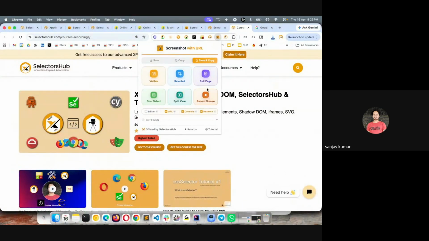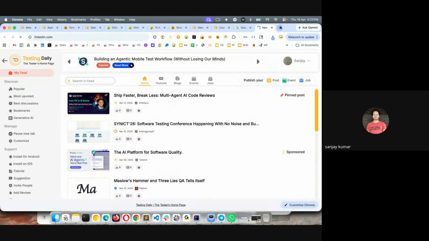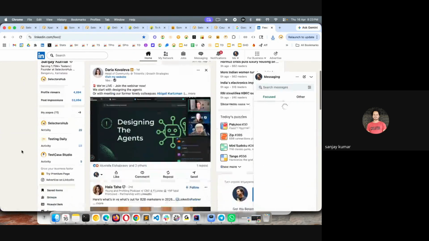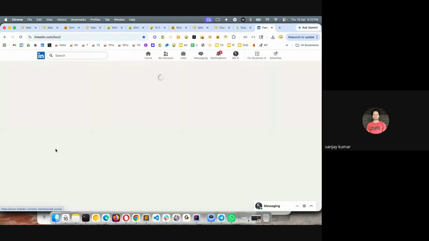Another use case in this, which we have solved, is dual select. If you want to take the screenshot of two areas, this is quite an interesting use case. So you can take the screenshot of two areas in one screenshot. I will show you a very good use case from my personal experience, not from your software testing perspective. There are many situations where you will need it for software testing as well, but I will show you an